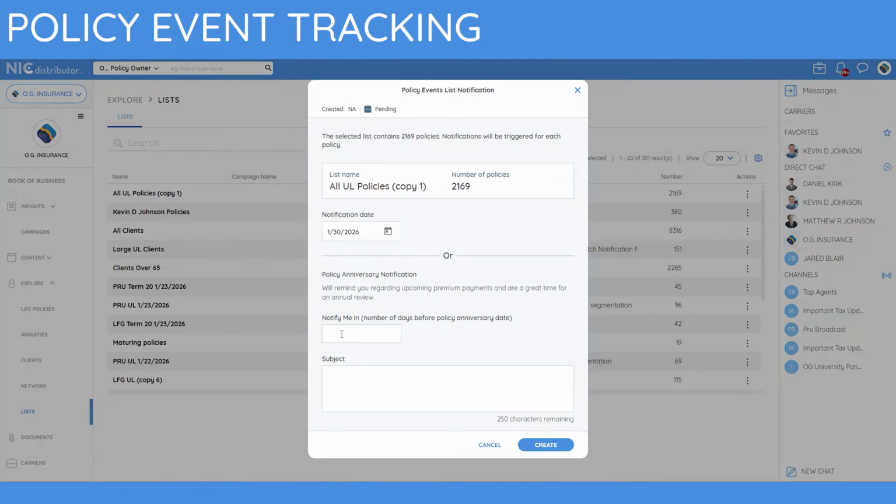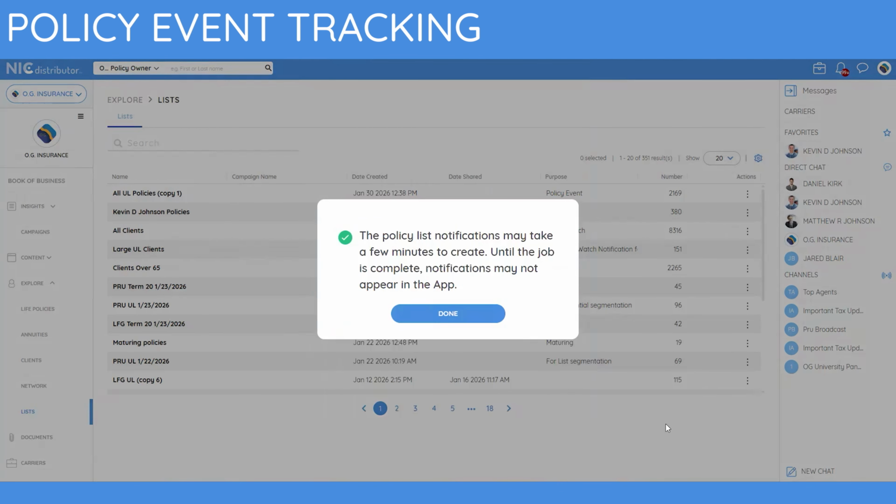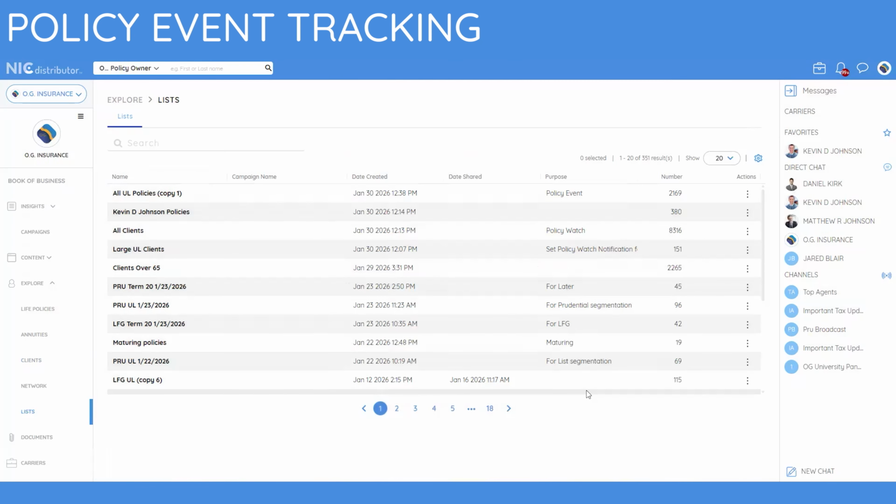In the Notify Me in text box, enter in any number of days in advance of each policy anniversary if you wish. Click Create, and now you will be notified via email and through an in-app notification 60 days before any of those universal life policies are approaching their anniversary, so that you can be proactive and get in front of your